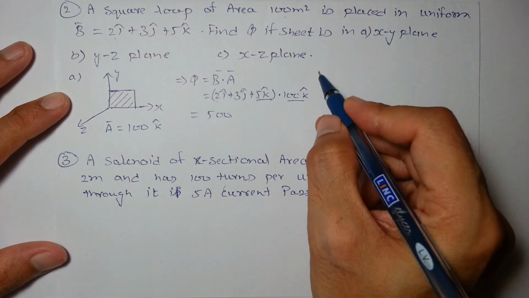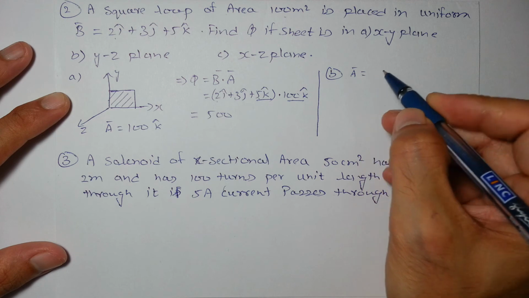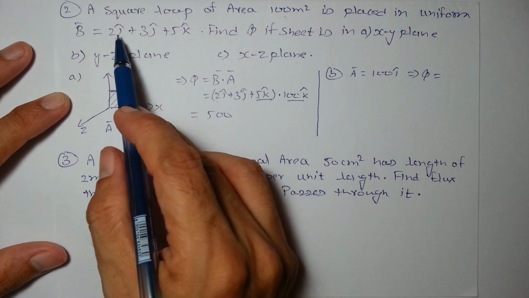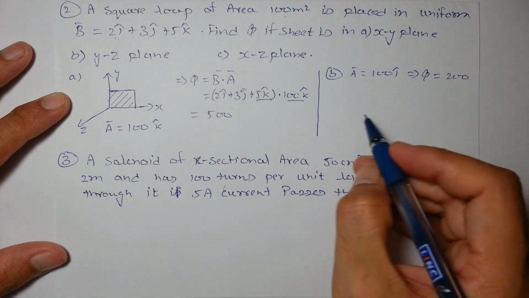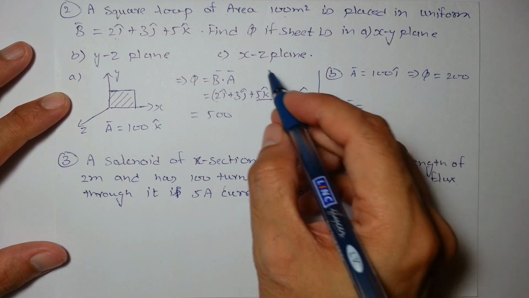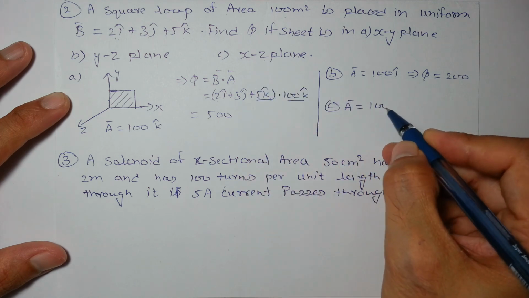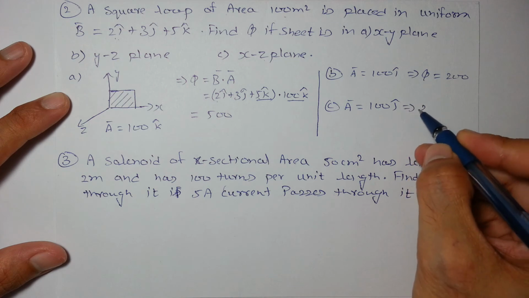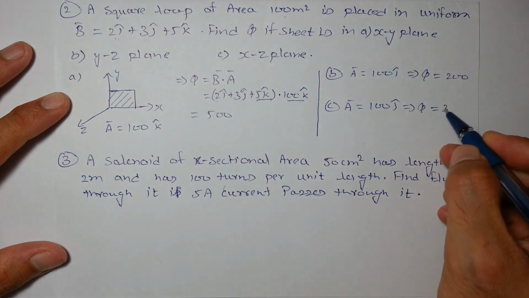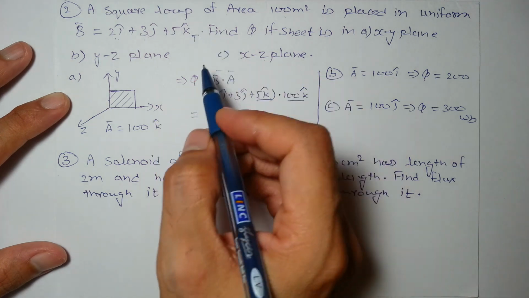Similarly, if the sheet is in the YZ plane, the area vector can be written as 100 i cap, hence the flux will be 100 into 2, that is 200 units of Weber. And the third case, the sheet is in the XZ plane, so the area vector will be 100 j cap along the Y axis, and the flux will be 100 into 3, so it will be 300 units of Weber,